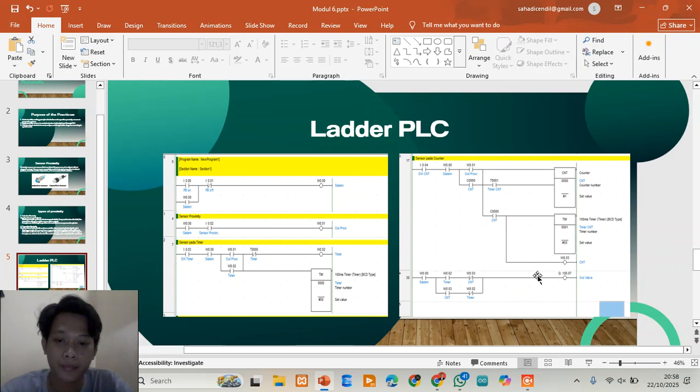In short, the system must be running, the timer must have completed its delay, and the counter CNT must have counted the set number of detections.